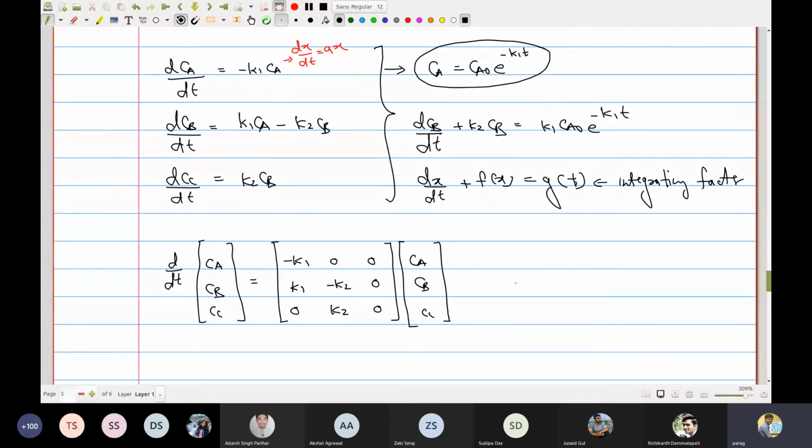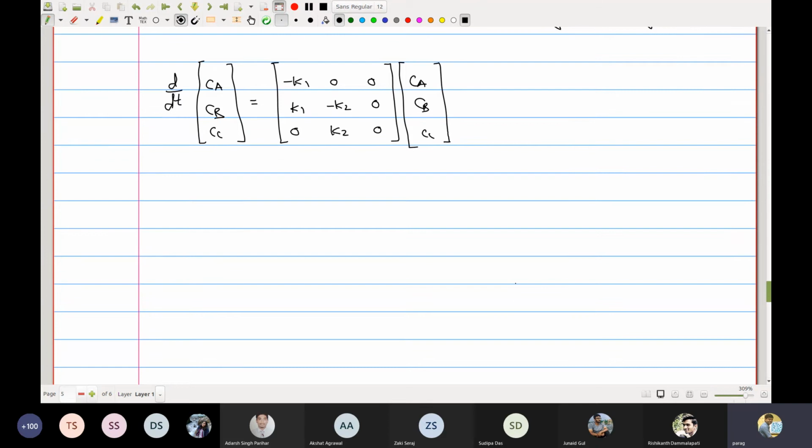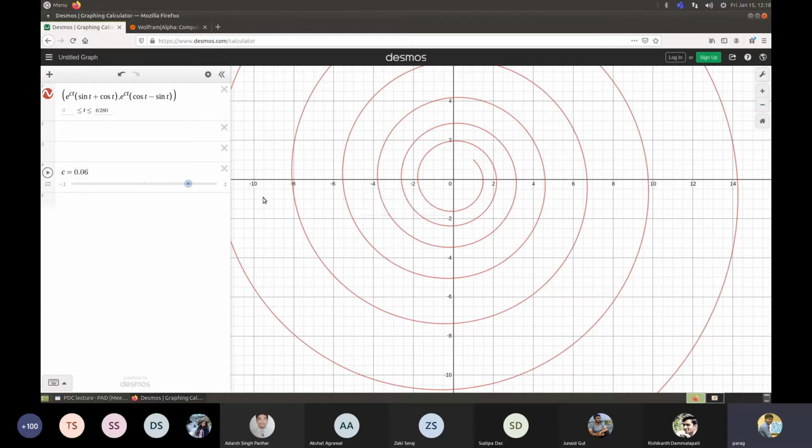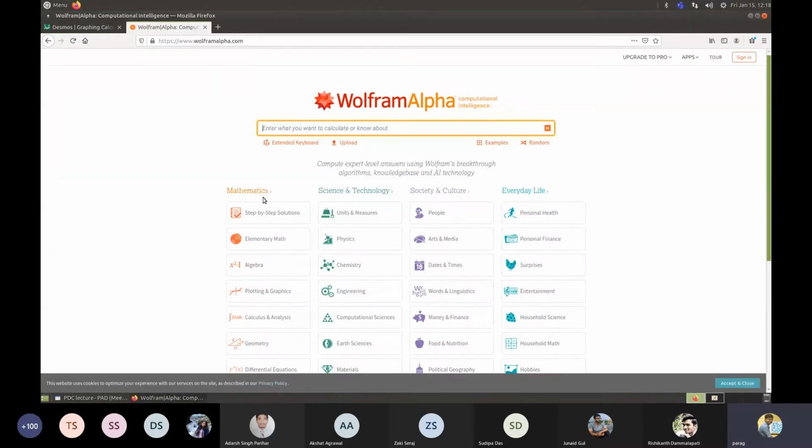And what is the solution to this matrix equation? The solution to this matrix equation is Ci times e to the power lambda t times the eigenvector, which means I need to determine the eigenvalues and eigenvectors for this A, for a 3x3 system. So I don't want to waste time here. What I will do is we will make use of Wolfram Alpha. Wolfram Alpha is an online engine for running Mathematica, which will allow you to do symbolic mathematics, which means that you put your mathematical symbols and it would solve analytically and give you the answer. So let's try to get that.